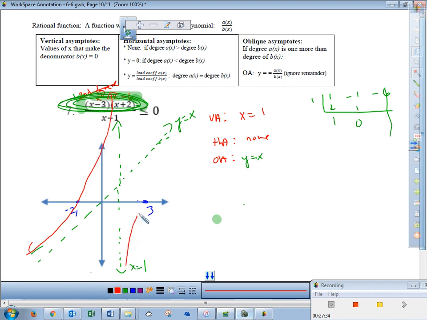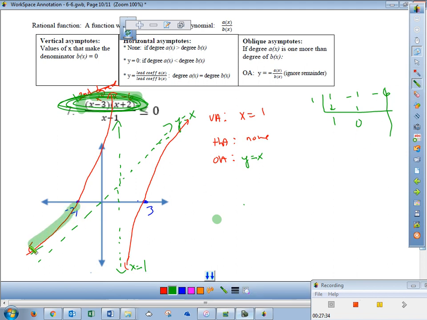And then it looked like so. Oops, got to approach that oblique asymptote. Ugly little sketch. Where's he less than 0? Here and here. Correct? So from negative infinity